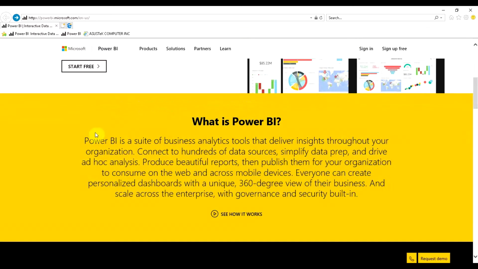Power BI is a suite of business analytic tools that deliver insights throughout the organization. It allows users to connect to hundreds of data sources, to simplify data prep, and to drive ad hoc analysis. With Power BI, you're able to produce beautiful reports and publish them out so that people within your organization would be able to view them, consume them, regardless of whatever tool that they use, whether they're desktop or their mobile